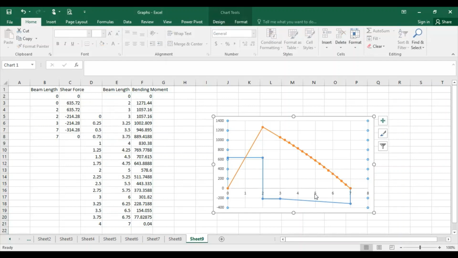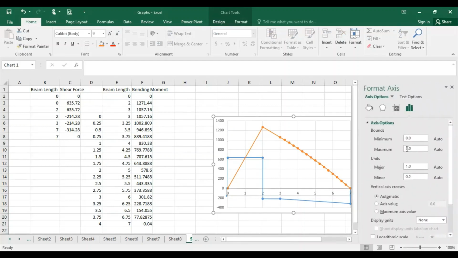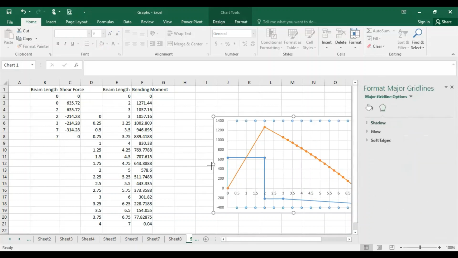And one more thing you can do, you can go for format axis on the x-axis, and go for the minimum value 0 and the maximum value whatever it is, and take major 0.5. So you will get more values here.